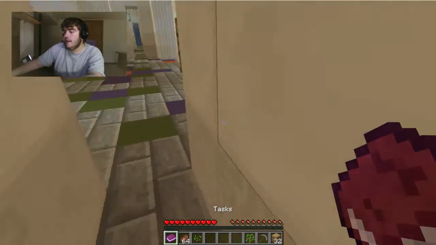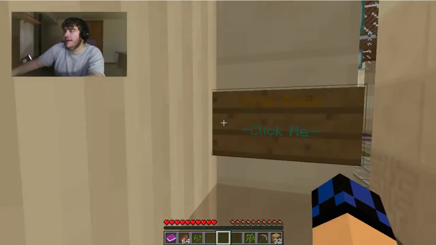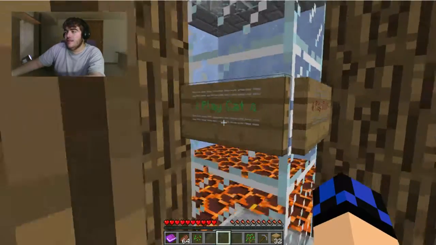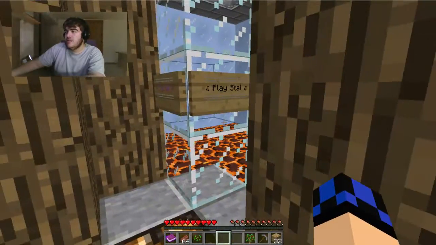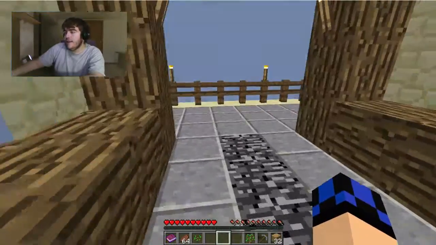I don't know. I'm stuck here and there is... oh wait, there we go. There's the home base button. Play blocks, these are note blocks. Or not note blocks, these are different songs and whatnot. These are the Minecraft things. Okay, I don't know why that's a thing. Anyways,